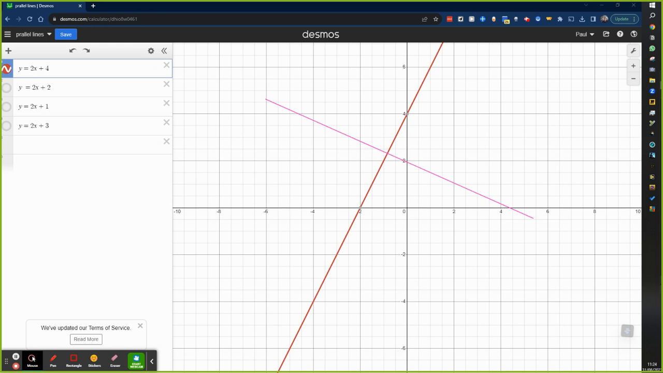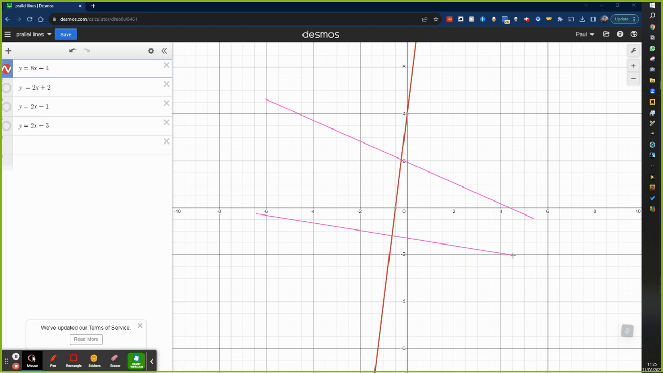Now, if I were to then change the steepness of this line to something like, let's say, 8x, you can see it's no longer perpendicular, which makes sense because I changed the angle of the red line, so the pink line can't be perpendicular anymore. So if I drew another one that's perpendicular,